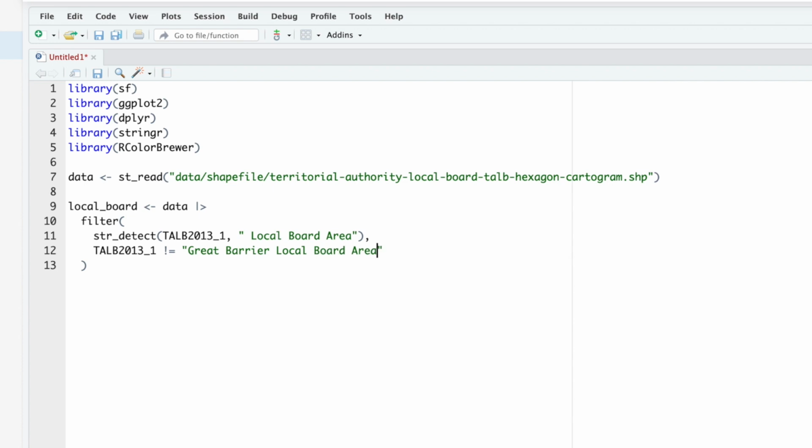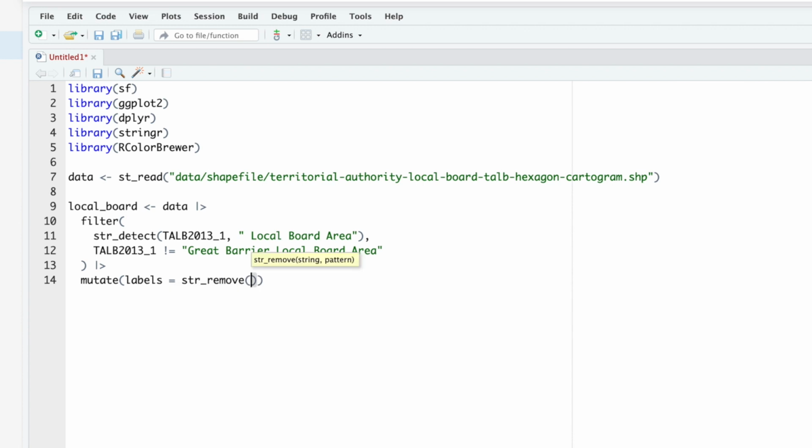I want to remove that one. And then the last thing I'm going to do is pass a mutate function, also from dplyr. What I want to do is create a new column, just the one new column actually, so I'll bring that back up. And I'm going to call that column labels, which is going to be equal to